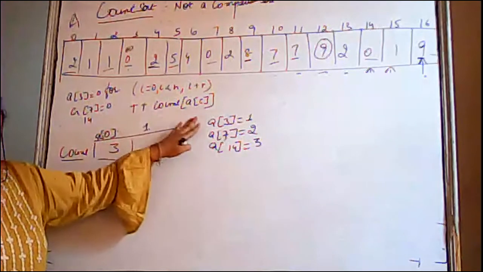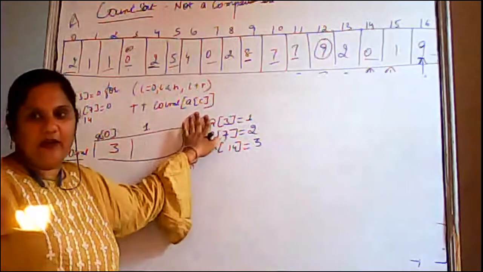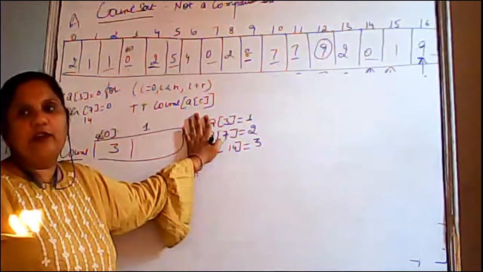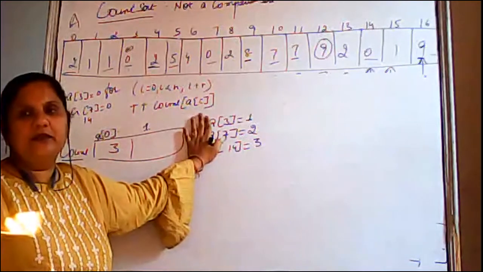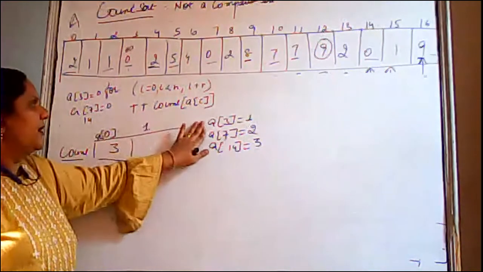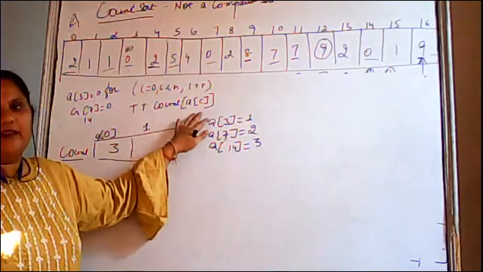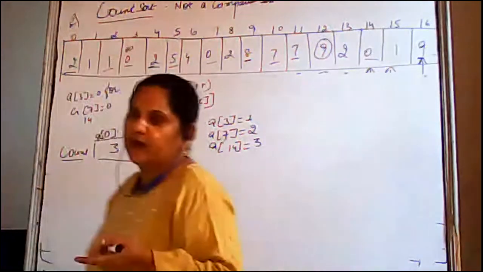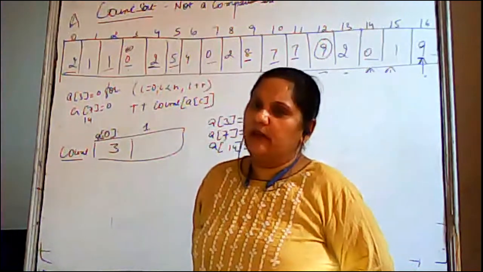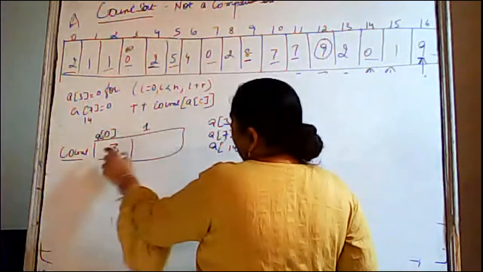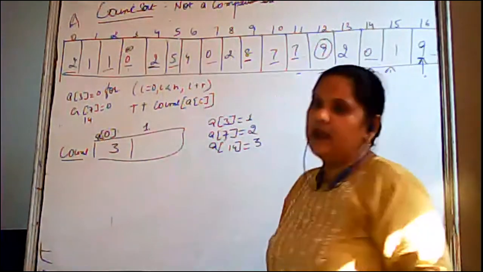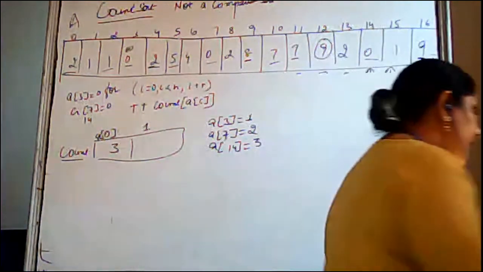Count is an array where you are counting the frequency of A of I, and A of I is ranging between 0 to 9. So first of all, you will count the frequency of 0, then the frequency of 1, 2, 3, 4 in the same way. Plus plus means we are incrementing the number whenever we find the number, the frequency of the number. Whenever we want to increase the frequency of the number, we will simply increment the count variable. So plus plus count of A of I. This is A of 0. So how many times is 0 occurring? 3 times, so it keeps on incrementing the count. This is how it is done.